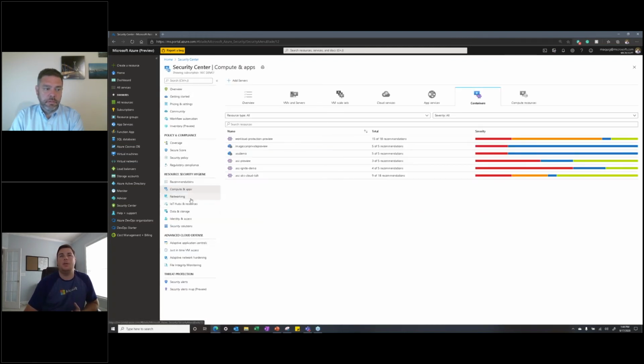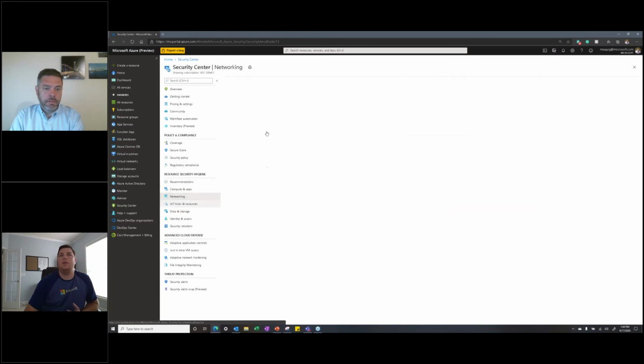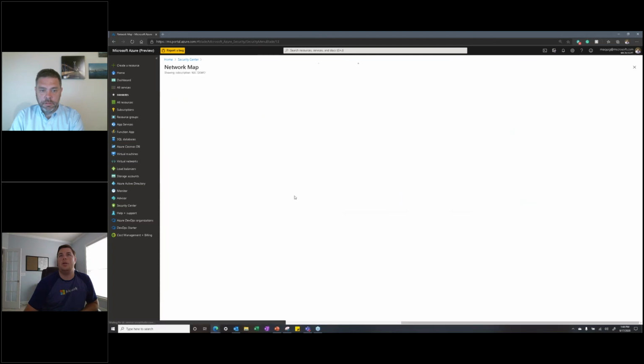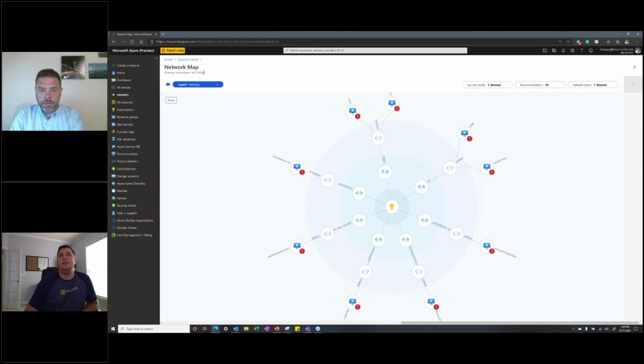So we'll get into that now. One quick thing before we dive into compliance, the networking topology is pretty cool. So you can come in here. This is the networking of my entire subscription of ASC demo. This is the topology from the subscription out. As you can see, this is a virtual network, a subnet, and then these are my resources, right? That's a resource group, resource type of virtual machines.